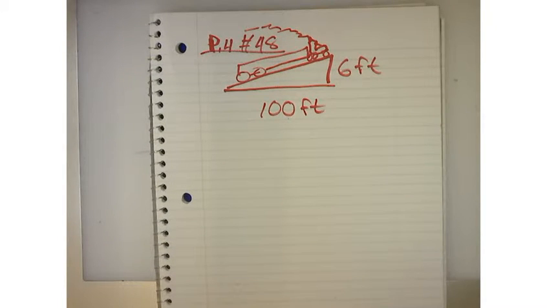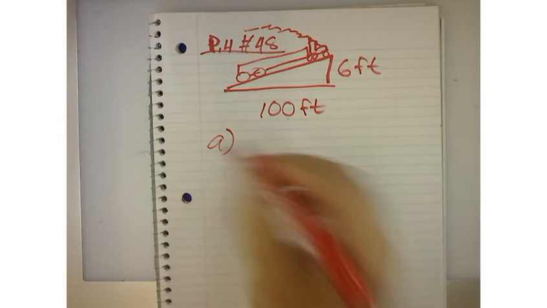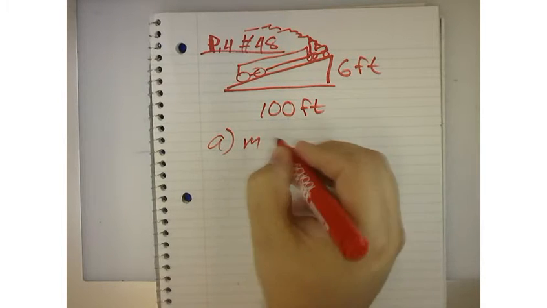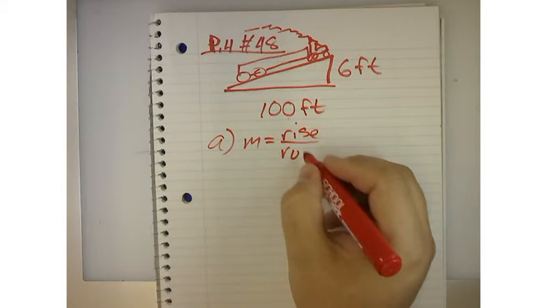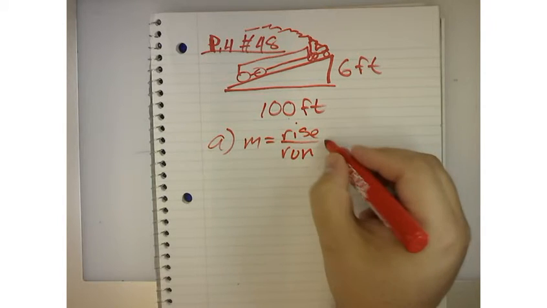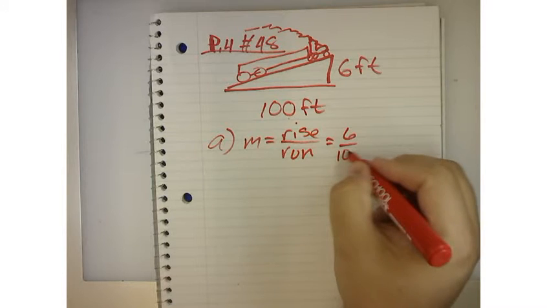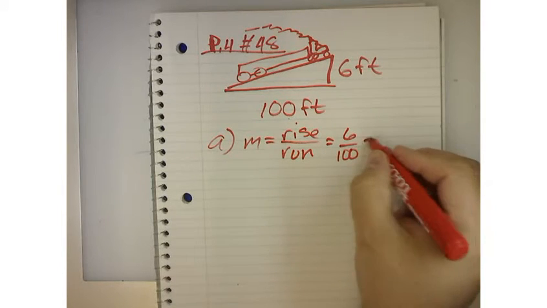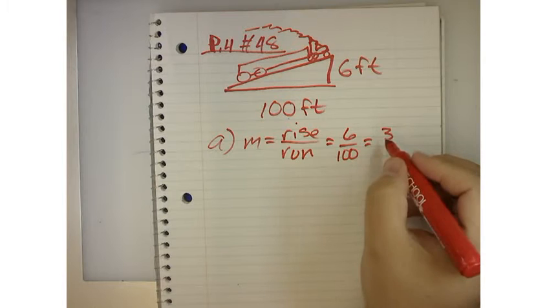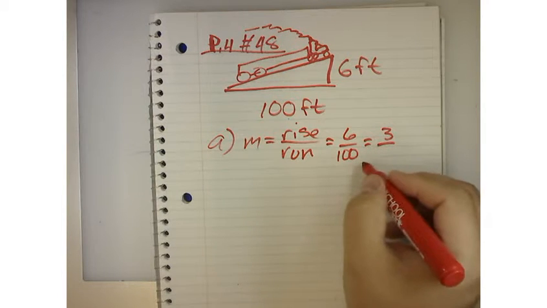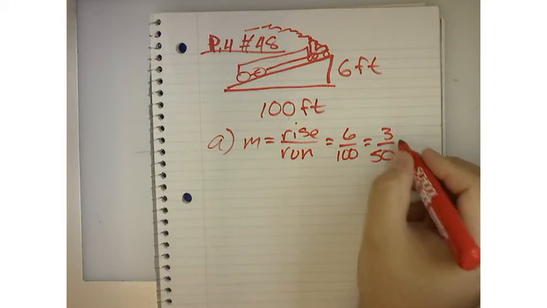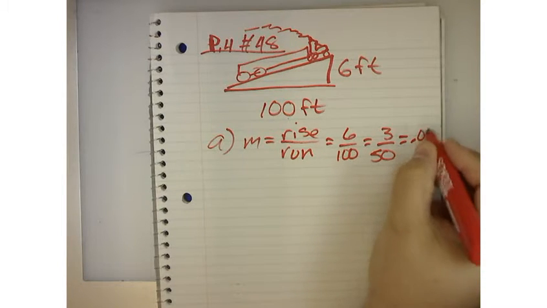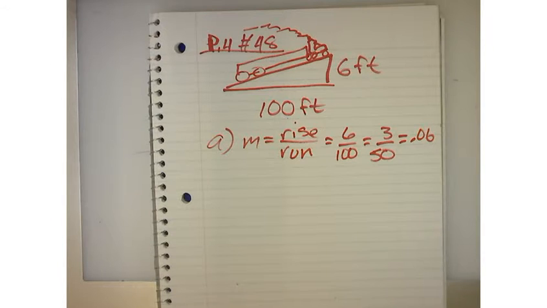Okay, so for part A it says, what's the slope? Well, the slope is the rise over run. That's another way we could think of it. So what's the rise over run? 6 over 100. Could that be reduced? Yeah. If I divide the top by 2, I get 3. If I divide the bottom by 2, I get 50. Right? Now, if you plug this in a calculator, it's 0.06, right? And that's where they get the 6% from. Okay? All right, so then part B says,